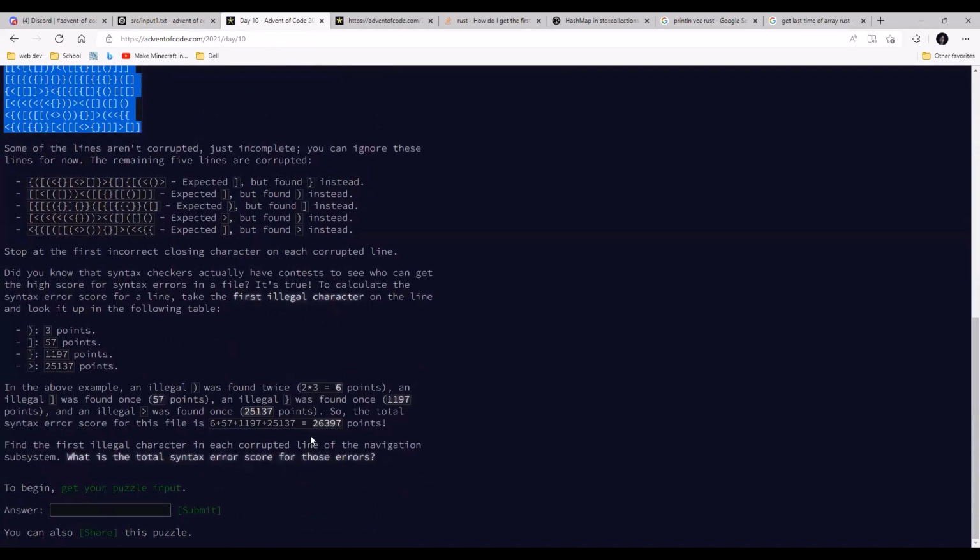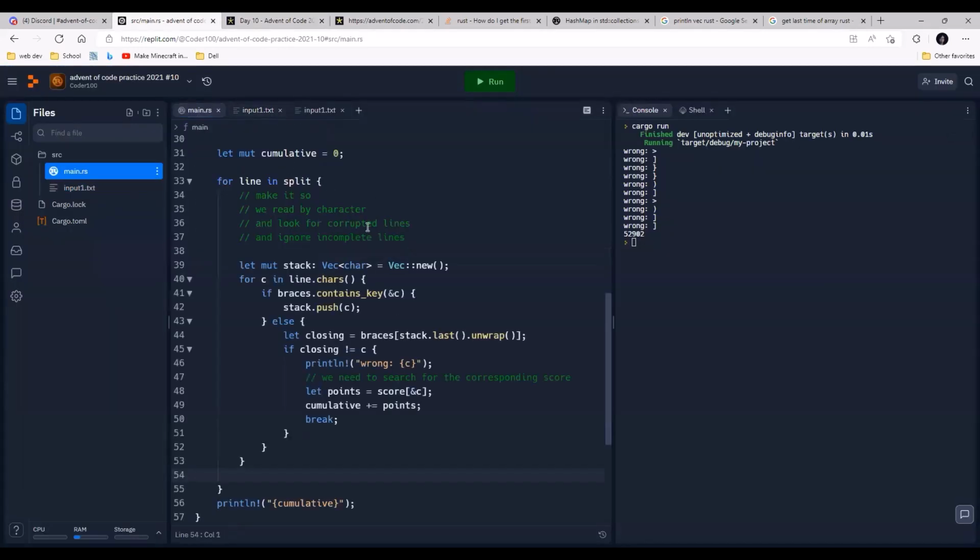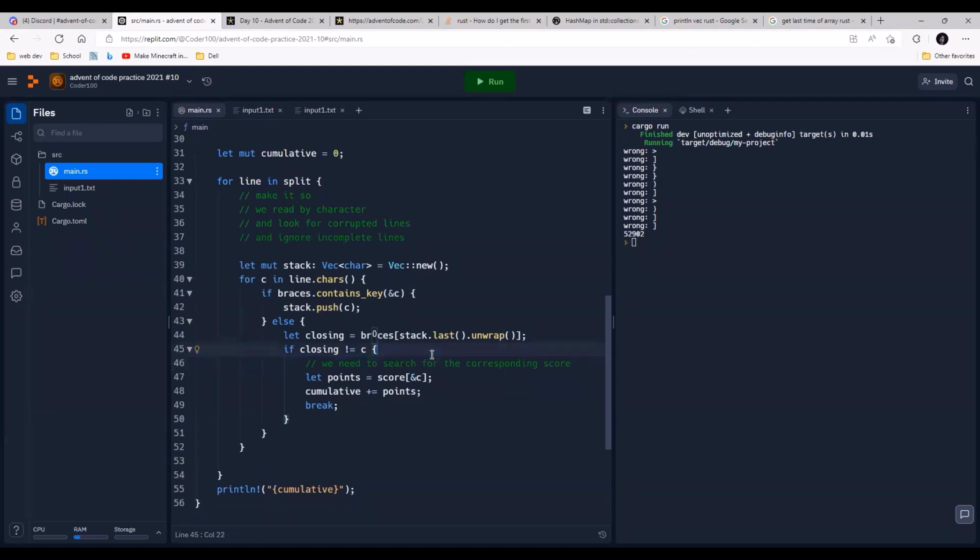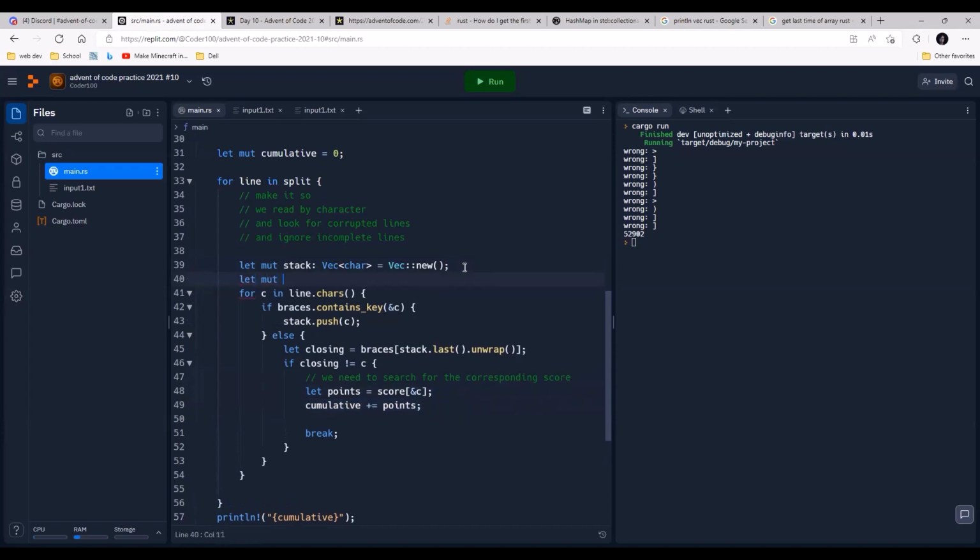2902. All right, so then we also need to add the case for if it's incomplete. Okay, how do I do that? So that means it's incomplete if we don't get the same number of closing characters as opening characters. Okay, so I think either way, what I'll have to do is we'll just remove the last item of the stack, and I think what I'll do instead is like points,